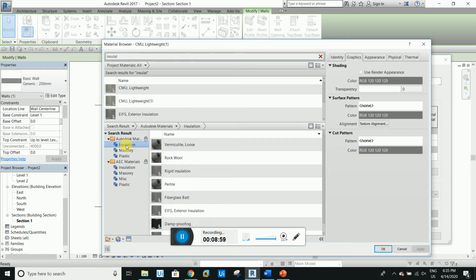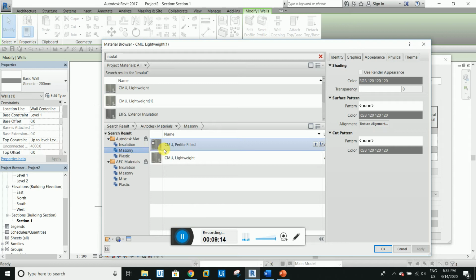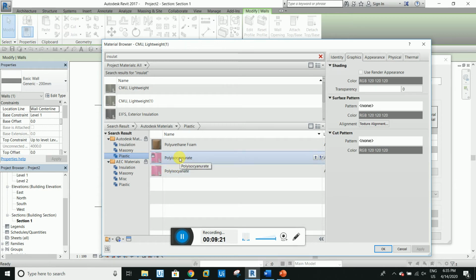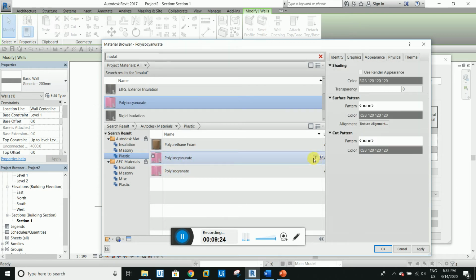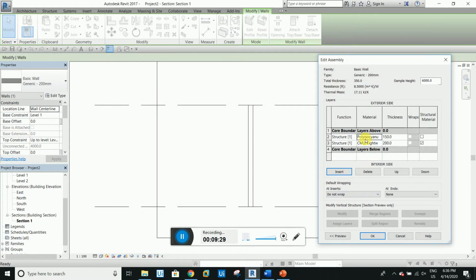We have the insulation option here, with different types of insulation: fabric, batts and others, machinery insulation, and this is the plastic insulation. We are using this plastic insulation. This one is loaded here, apply. Okay, so now the 150 of your insulation has come here, and the next thing we have to create is the exterior wall,